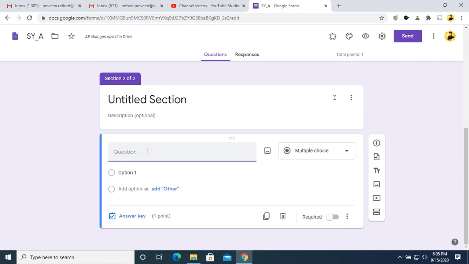You can put a question about mechatronics, a multiple choice question with four options. I'll put the first option: it is a mechanical subject.